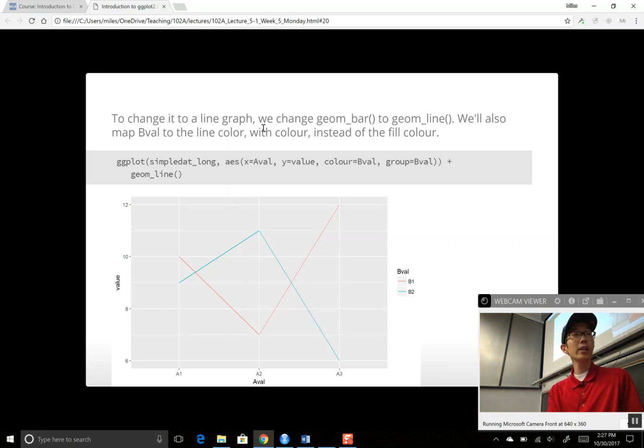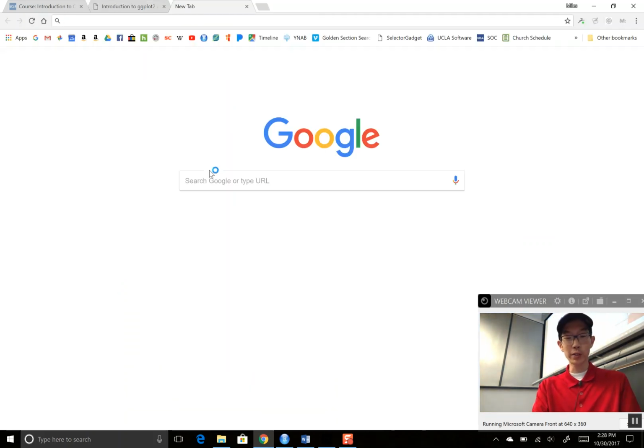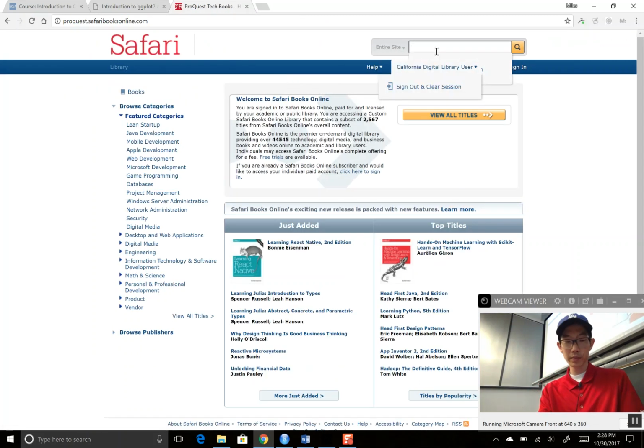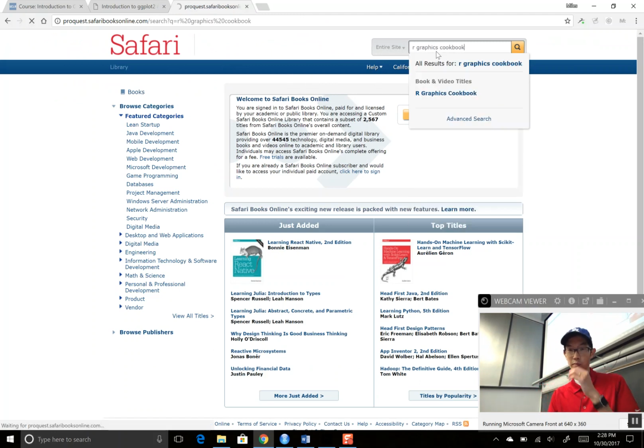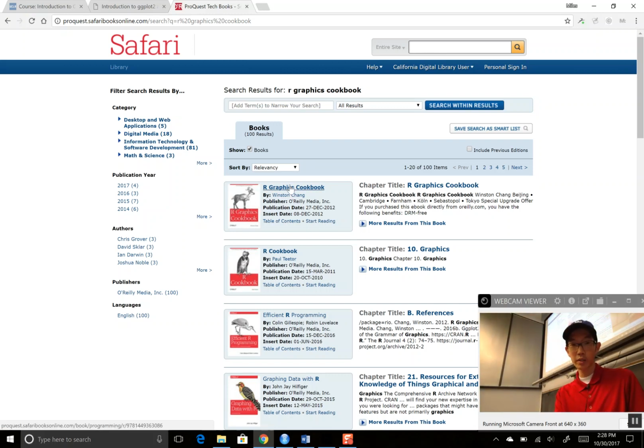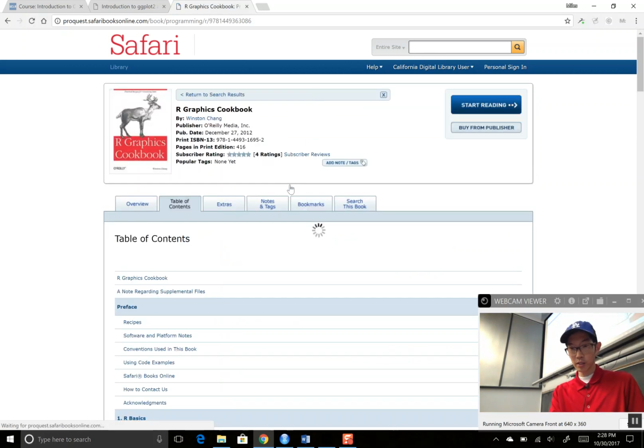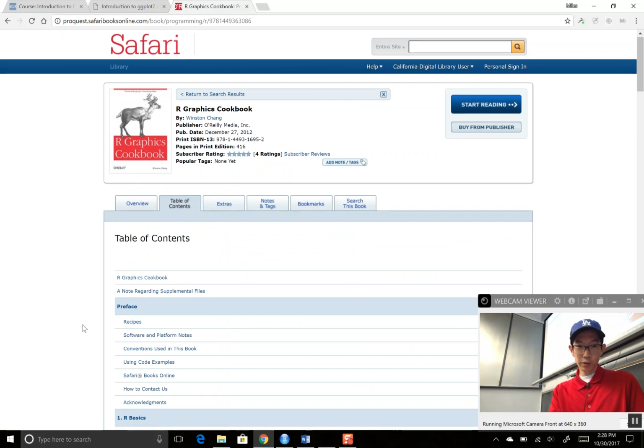And so I think, especially for things like ggplot, the best way to learn is by looking at other examples and trying to see if you can change or modify someone else's example to fit your needs, right? And so the big resources for that is the R Graphics Cookbook. Okay, so take a look at this. So it's already 12 years old, but